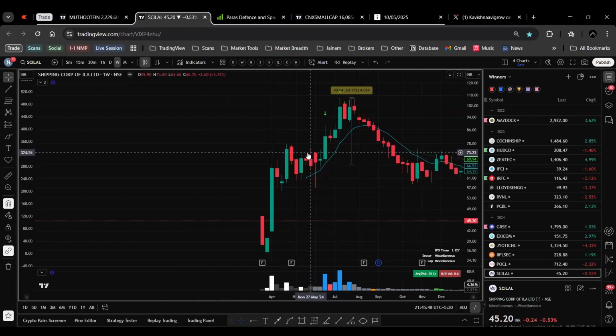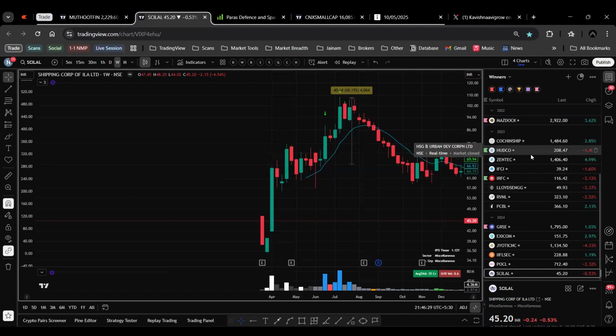Now, as a new trader, someone who's new to the markets, I advise everyone to look for slightly bigger bases. I'm not saying 15-20 weeks, 50 weeks ka base. No, at least give the stock 15-20 days to form a base. You'll improve your win rate by a big margin, and you'll understand that structures take time to develop. Most of us post COVID have developed this bad habit of instant gratification from these smaller bases,